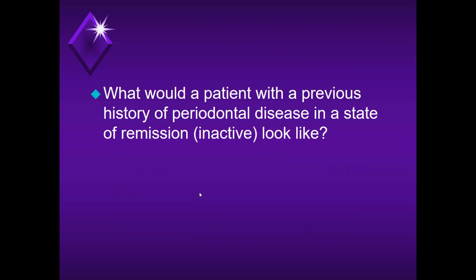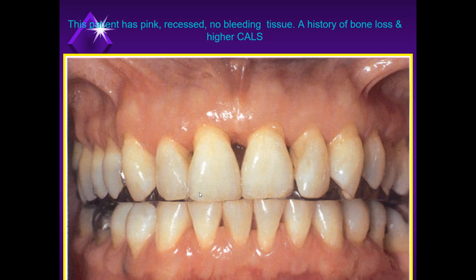So what would a patient look like if they were in remission or inactive, but they had a history of periodontitis? So that would be an inactive periodontitis. It would look like this, or it could look like this. We still see the blunted papillae, we see recession, which you may or may not see. You can see the root surfaces, which just makes it, at a quick glance, you know that they've had bone loss. And they have clinical attachment levels,